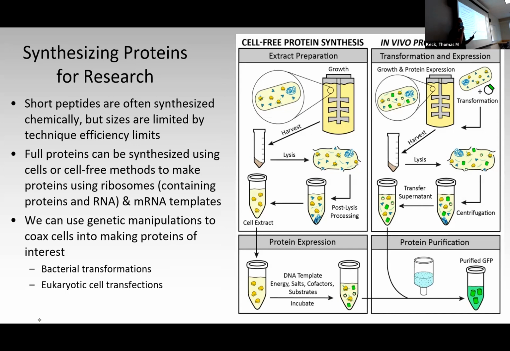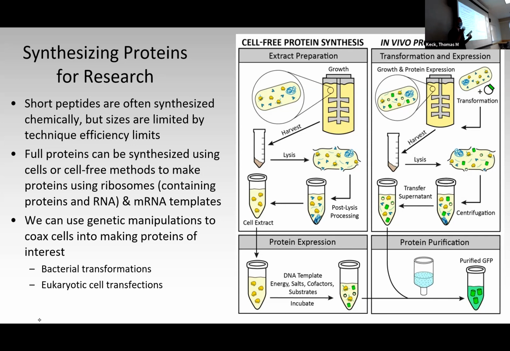But those methods get less and less efficient the longer the peptide is. And so things that are more than 30 and certainly more than 40 amino acids start to get really expensive to synthesize, because the purification processes necessary to make sure that you're only keeping the properly synthesized peptides